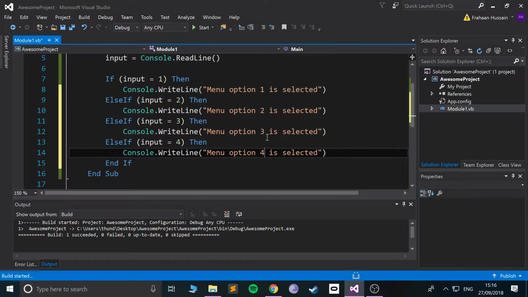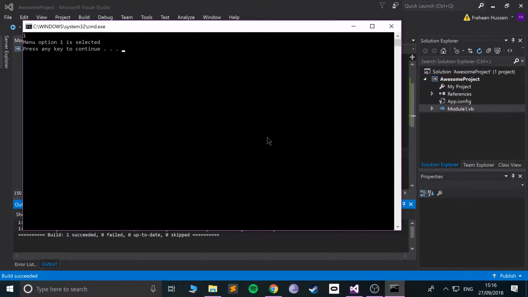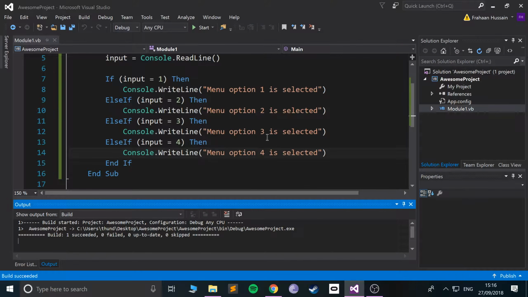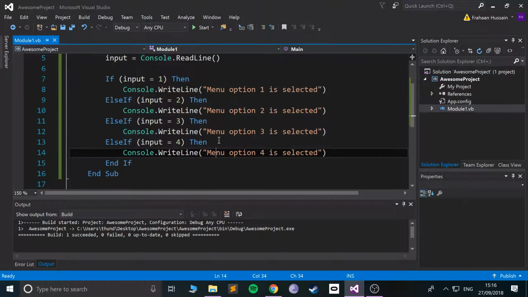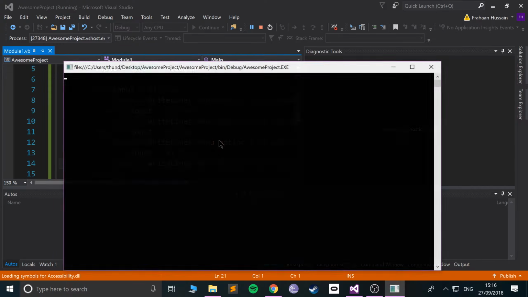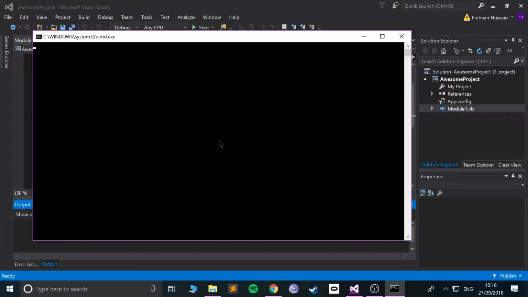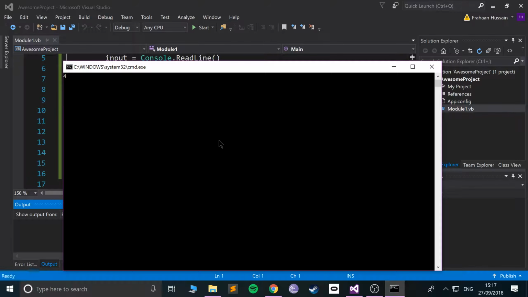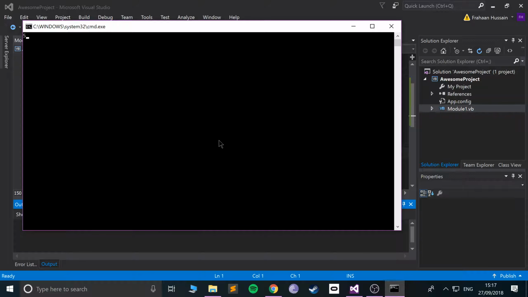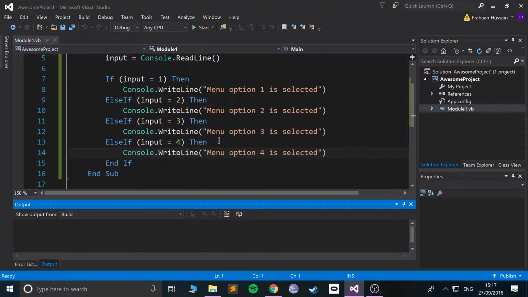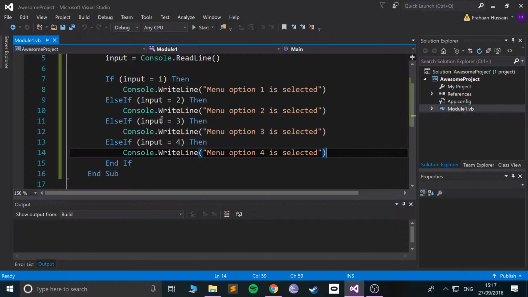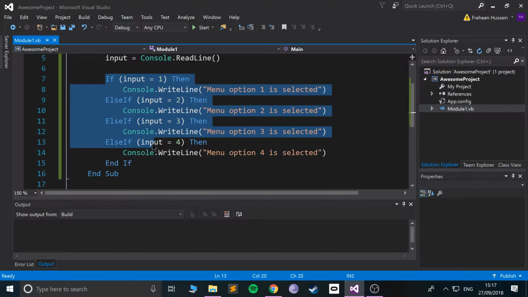So if I run it, type in 1, we only get that menu option 1 is selected. None of this other code is run. If I run it again, forgot to do the without debugging mode, so I print 2, you get menu option 2 is selected. I'll skip to 4, we get menu option 4 is selected. Let's see what happens if I put in 5. Nothing. So how do we do that sort of default condition